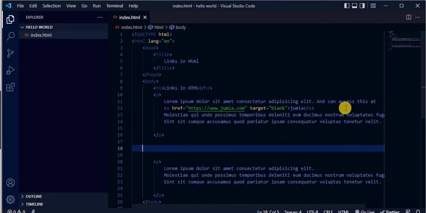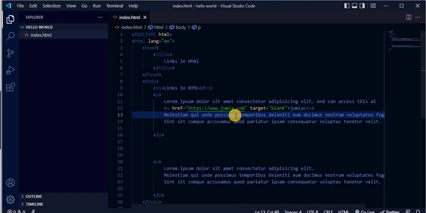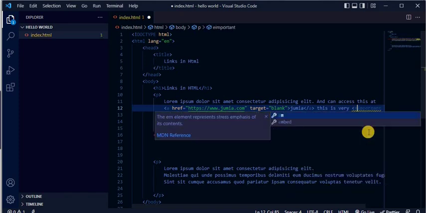Let's say we want to make the Jumia or this word posthumous, I don't even know what it means, stand out in this text. That's the most important thing. Or let's create something after Jumia. This is very important, and we want the word important to be emphasized for people to see. There are two ways we could go about it. The first is the em tag, which stands for emphasis. What we do is em,